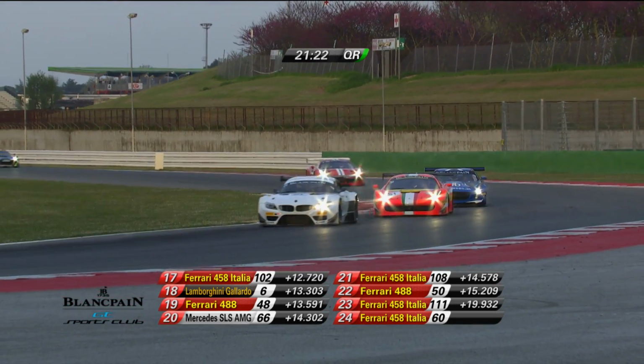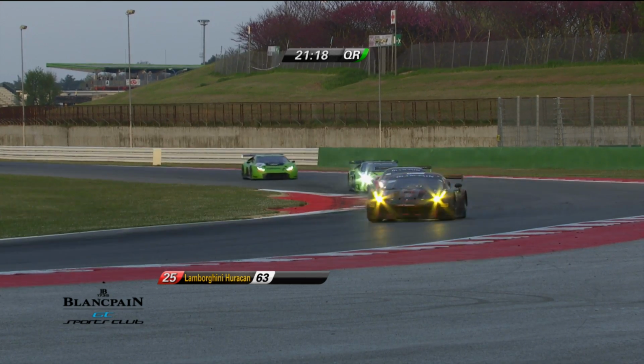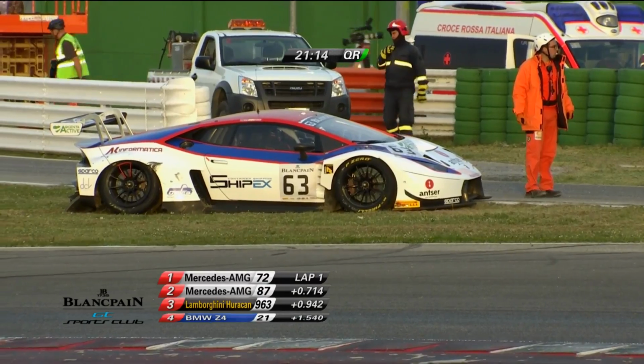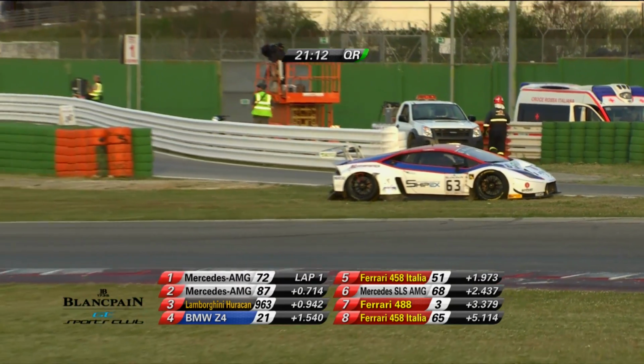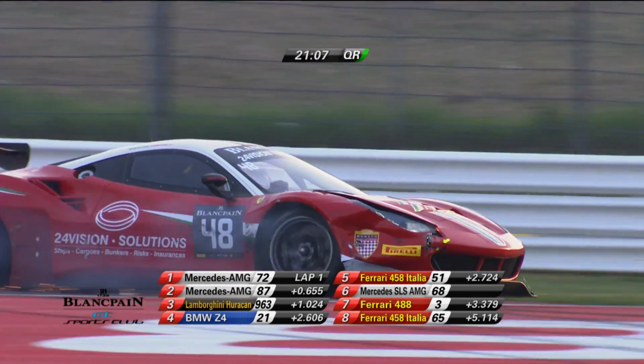He's got Christoph Ulrich in that red Ferrari, and Oliver Baumann, well, anything his son can do, he can do just as well. He's gained about 3 or 4, possibly 4 positions in the first half of a lap in the DB Motorsport Mercedes. Down the back straight they go, and unfortunately, oh dearie me,